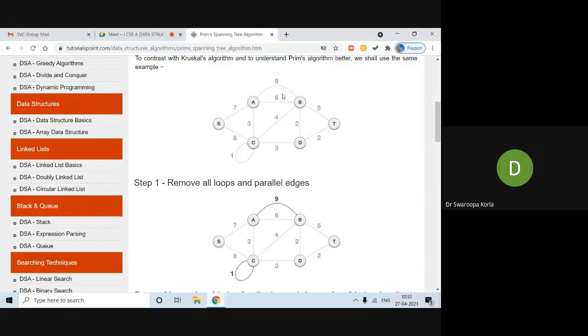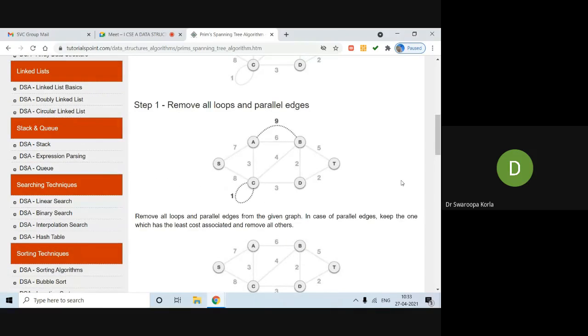If we have more than one edge, then we call it a parallel edge. In the given graph, between A to B more than one edge is connecting, so these two are said to be parallel edges. First of all, whatever loops and parallel edges we have, we represent them with dotted lines. Later only we should remove that loop and parallel edge. This is the step 1 diagram of the given undirected graph.